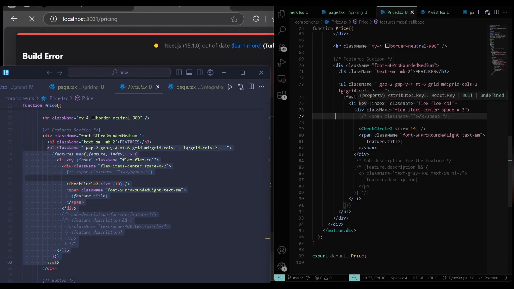So giving it an li with the key of index, and giving it flex and flex-col so they can stack upon each other, and also flex and items-center and space-x so that we can have a little bit of space between each, and a check circle just so we can